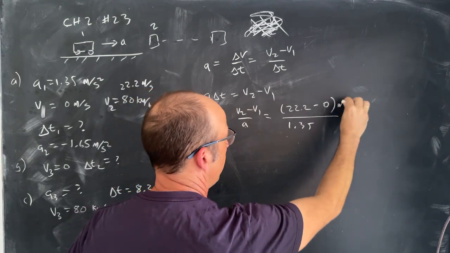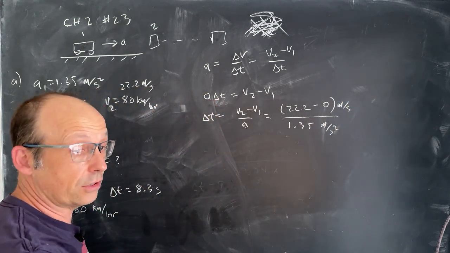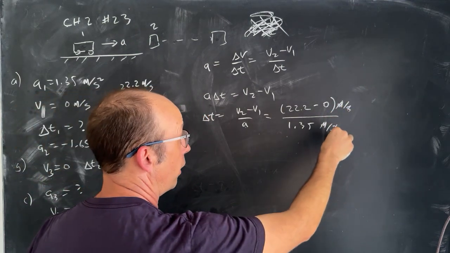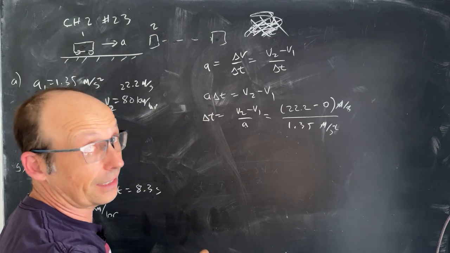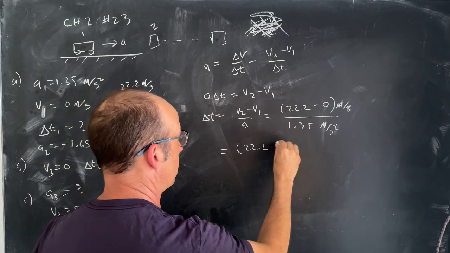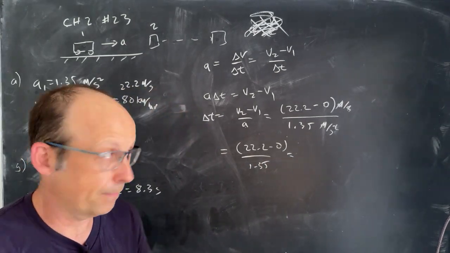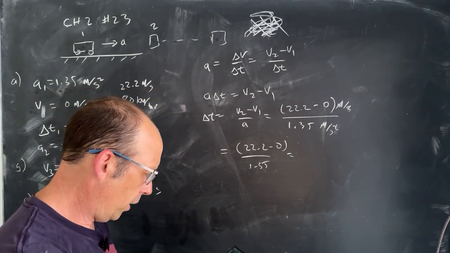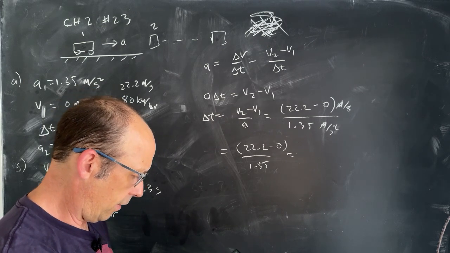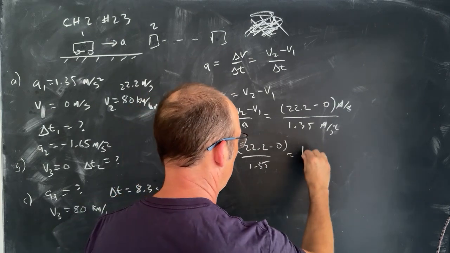And I'll go ahead and put it right here, meters per second squared, just so you can see that the units do cancel, right? So the meters cancels, one of those seconds cancels, I have 1 over seconds, so I do get seconds. That's a good thing. Now we can put this in our calculator. We get 22.2 minus 0 over 1.35, and I get 22.2 divided by 1.35, I get 16.44